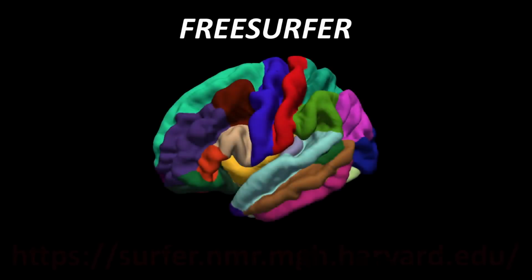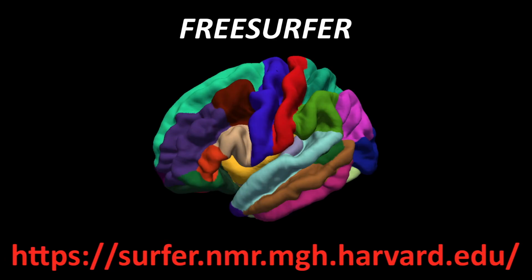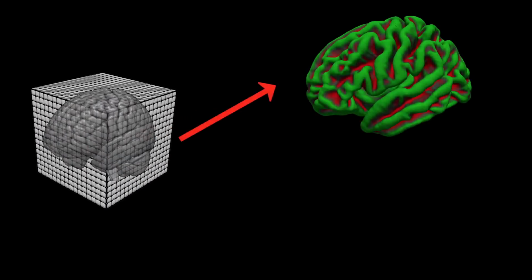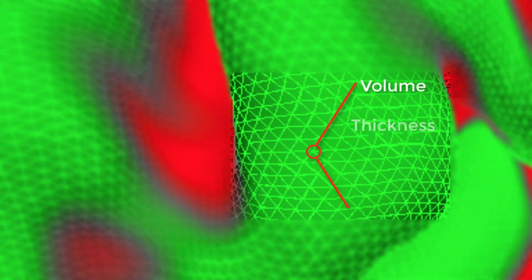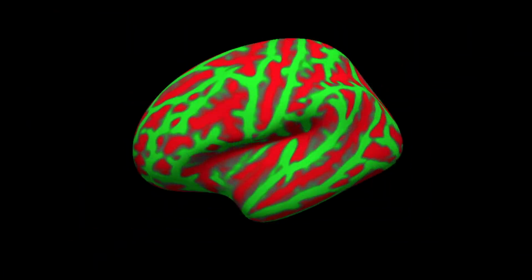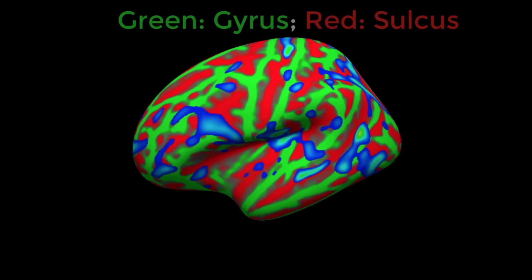To address these problems, we're going to use FreeSurfer, a program that reconstructs the cortical surface from a three-dimensional volume. The reconstruction process converts the volume from 3D voxels to 2D triangles. The points of the triangles are called vertices, and the lines connecting them are called edges. Each vertex contains numbers indicating gray matter volume and thickness, as well as other surface measurements. These surfaces can then be inflated. This allows you to better visualize where fMRI activations and gray matter differences are located along the gyri and sulci